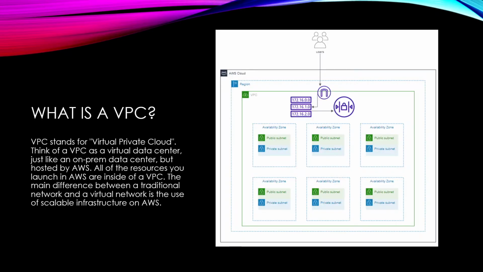So let's talk about the network. So what is a VPC? You may have heard that before. Well, it stands for Virtual Private Cloud. And you can think of it as sort of a virtual data center, just like you would have like an on-prem data center, except this time it would be hosted in AWS. Everything you launch is inside of a VPC, but the main difference between traditional network and a virtual network is that you can scale out the infrastructure, whereas in an on-prem environment, you're limited to the infrastructure you have in the